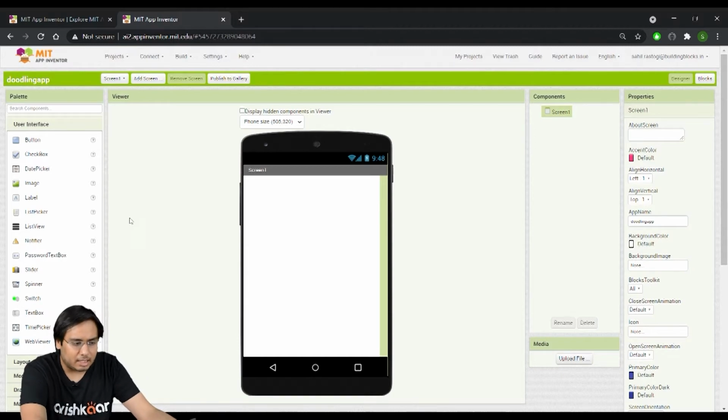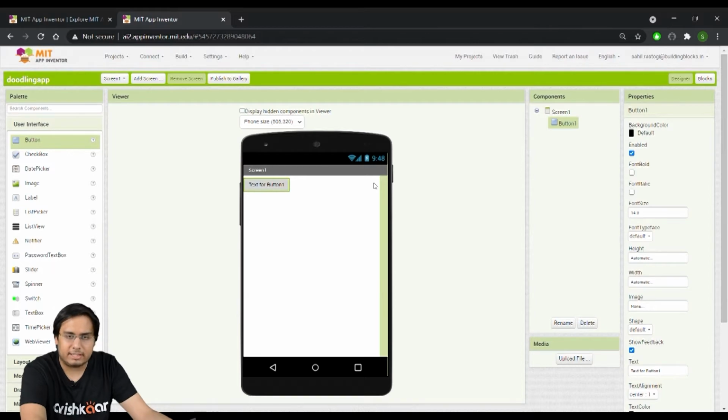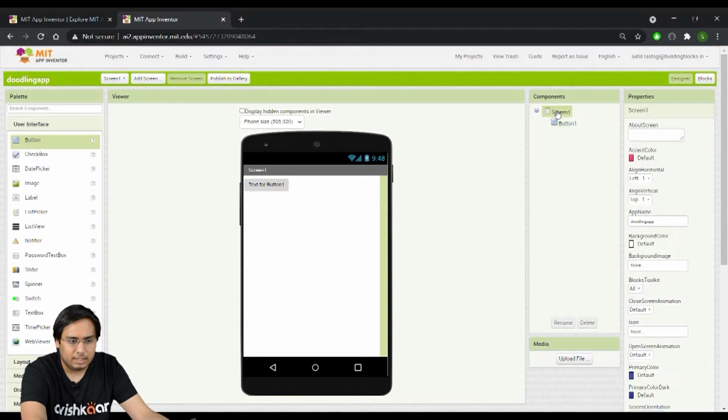This is basically the screen, where you will just drag and drop these elements. If I want to add a button to my app, I'll just drag this button and drop it on my screen. By default, everything is aligned to the left of the screen. You can change that. Click on the Screen1 component over here, and then you have this align horizontal setting. Just select center. You can see that the button is now in the center of the screen.